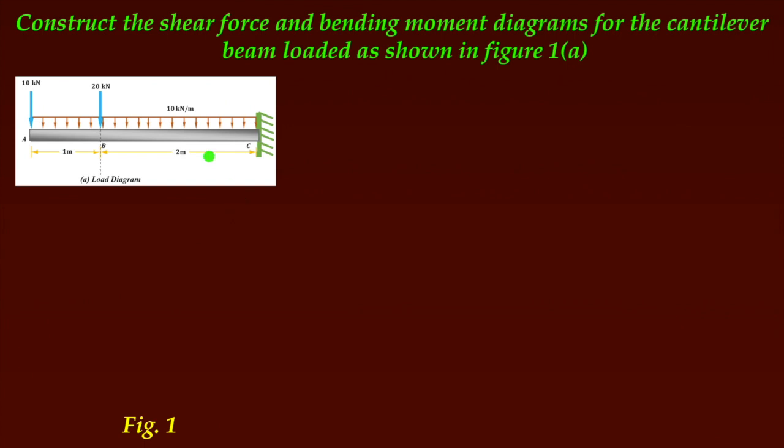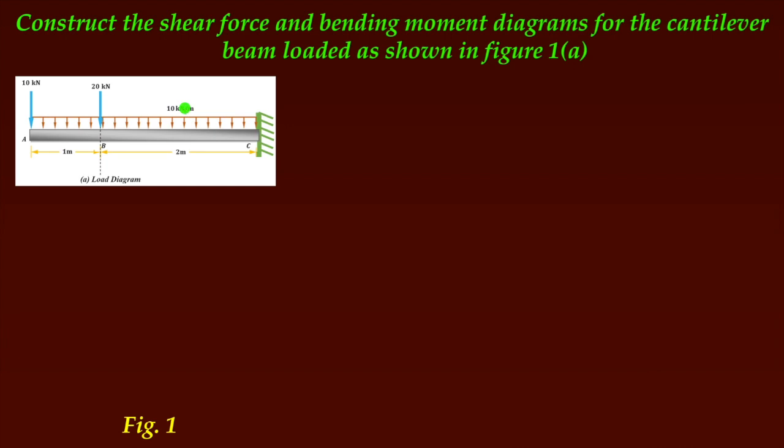I'm starting with an example of a cantilever beam subjected to 2 point loads, 10 kilonewton and 20 kilonewton, acting at points A and B, which are at the free end and 2 meter from the fixed end respectively. In addition to that, another distributed load of 10 kilonewton per meter is also working. For simplicity of writing equations, we will assume that the point loads are F1 and F2, and this is the omega intensity of the load.